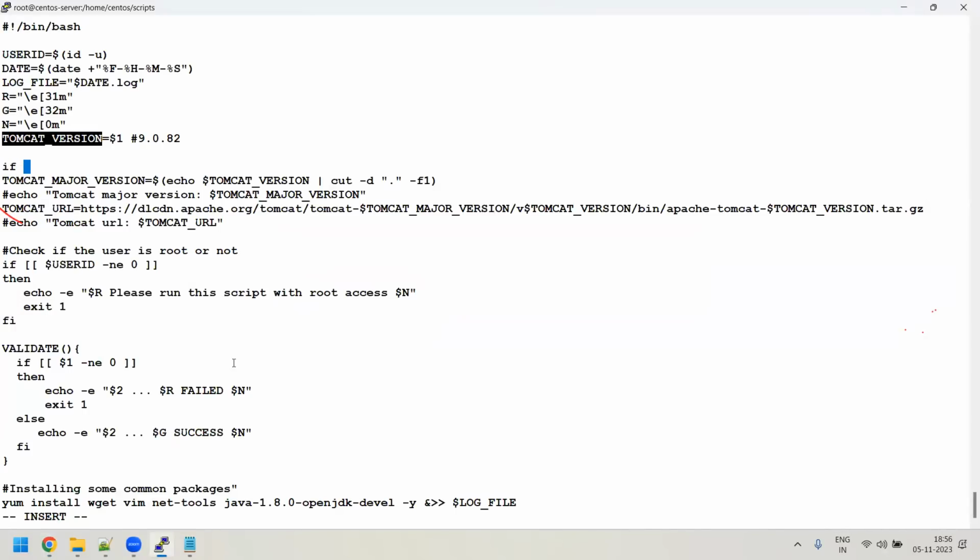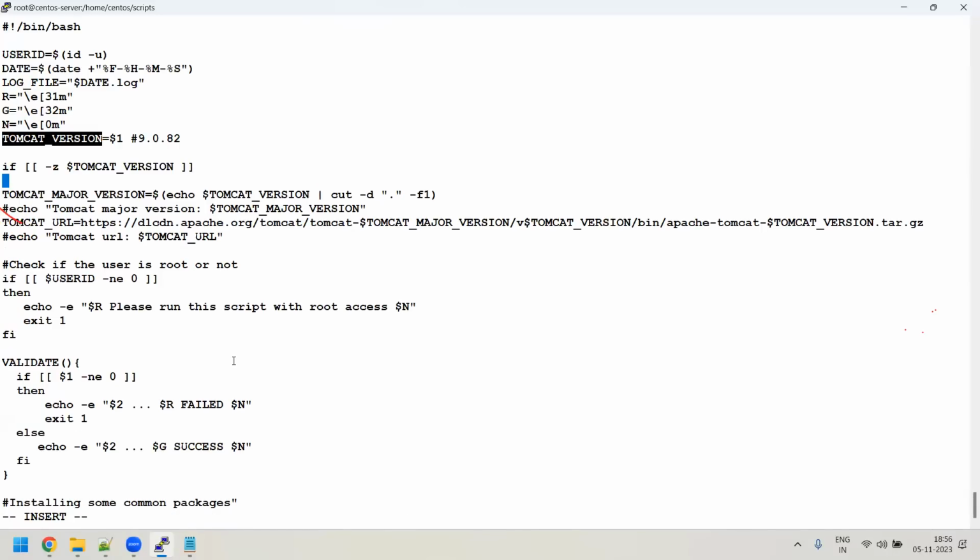If hyphen z option, what is it? Hyphen z means Tomcat underscore version, whatever you are passing, right? If it is empty, it means that if you're not passing anything, then